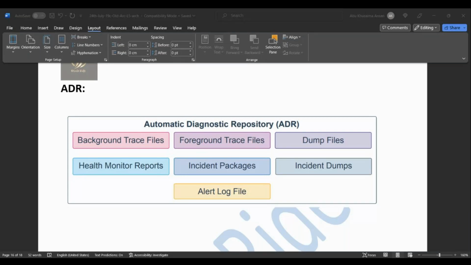Okay, and then incident dumps. When an incident occurs, the database writes one or more dumps to the incident directory created for the incident. Incident dumps also contain the incident number in the file name. Okay, and then the most important